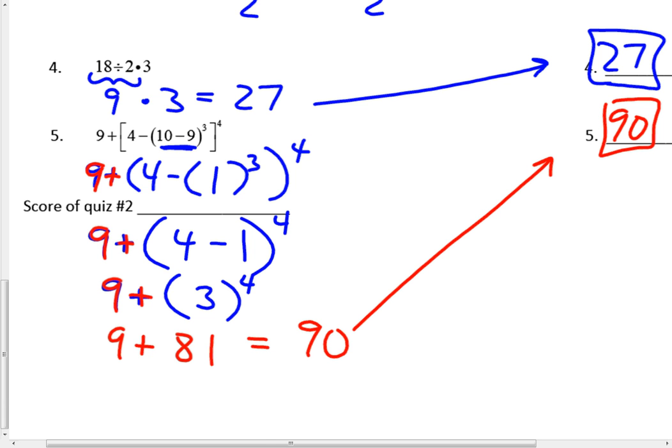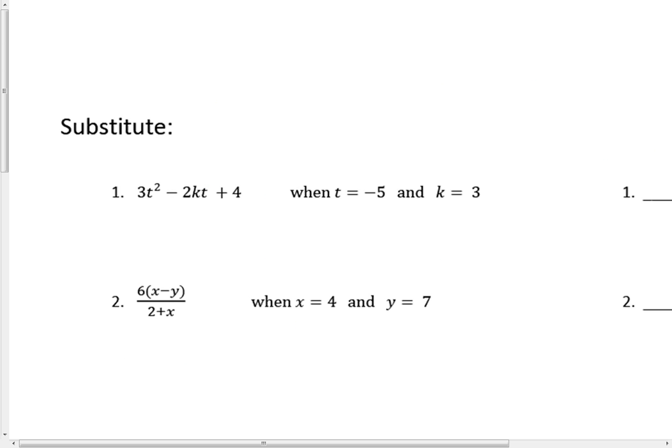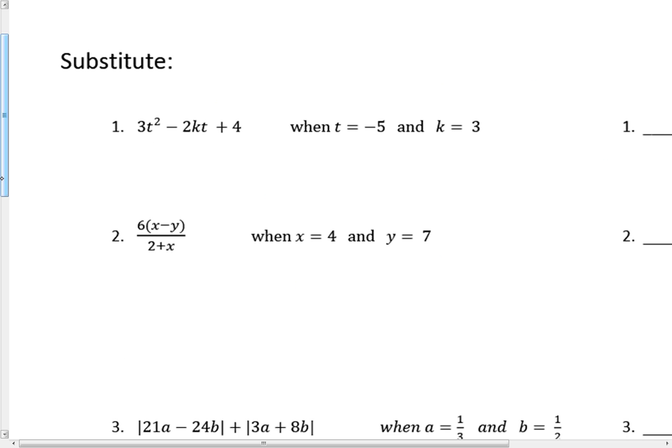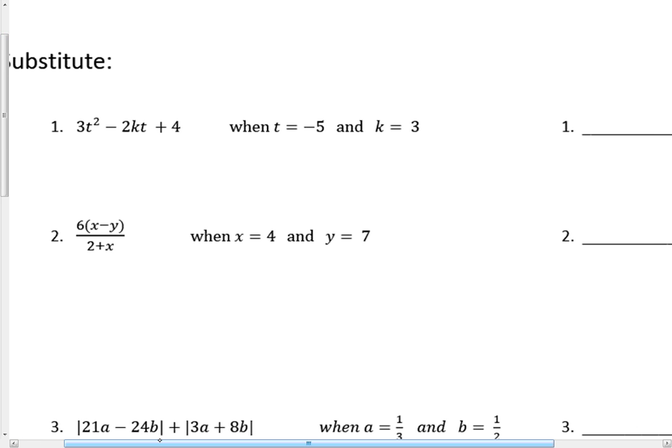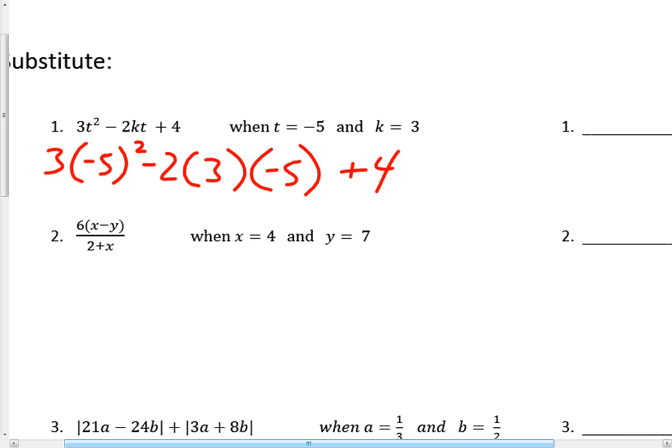Page 2. Substitution. Anybody get 100 on this section? Any hundreds up there? No one? If you're not getting these correct, try to do what I do. Try something different. Write your work down. Whenever I substitute, I put in parentheses. So I'm putting in for K, I'm putting in for T. I've got little sets of parentheses, not to show you to do that first, but just to show where I